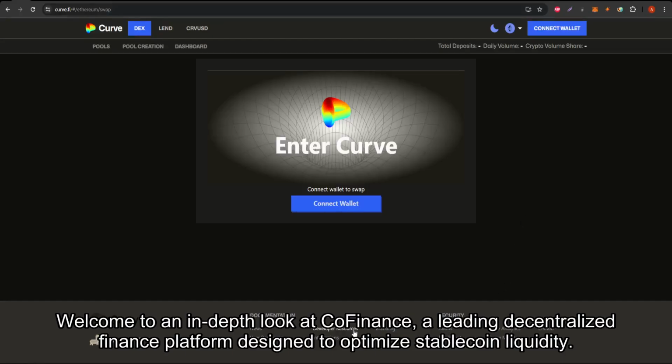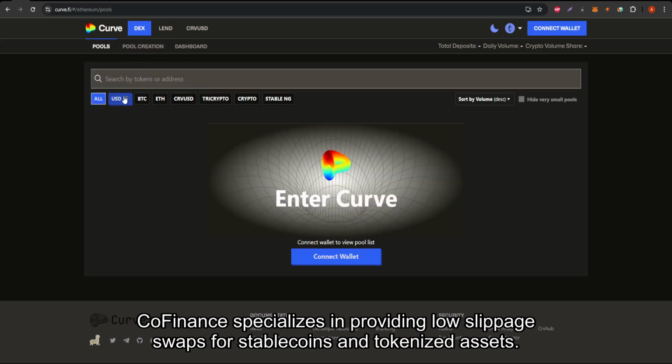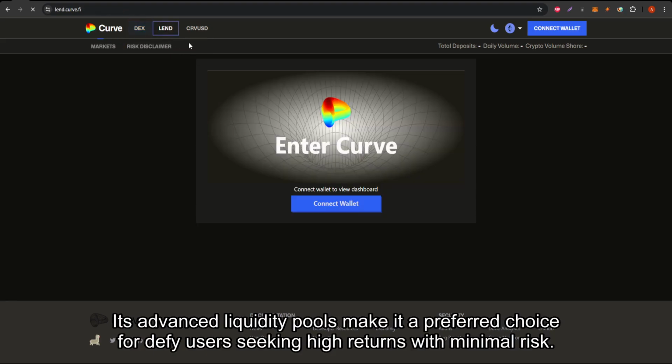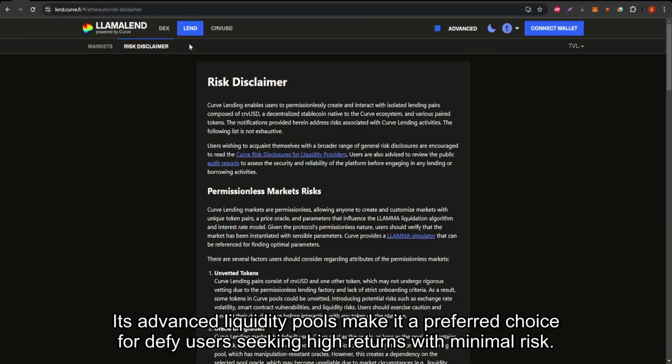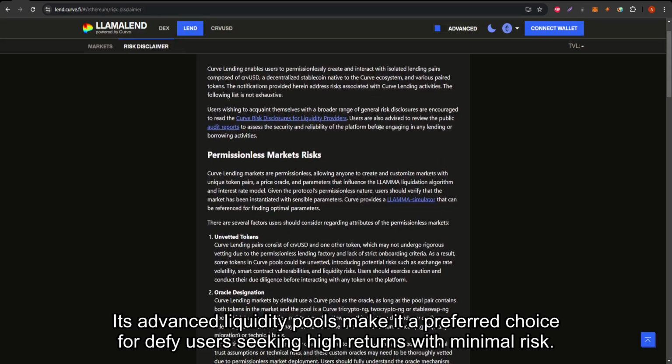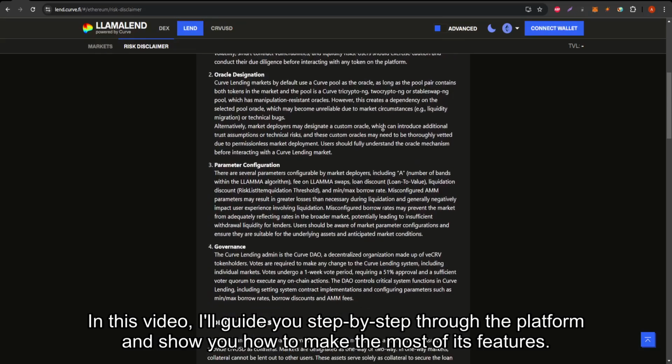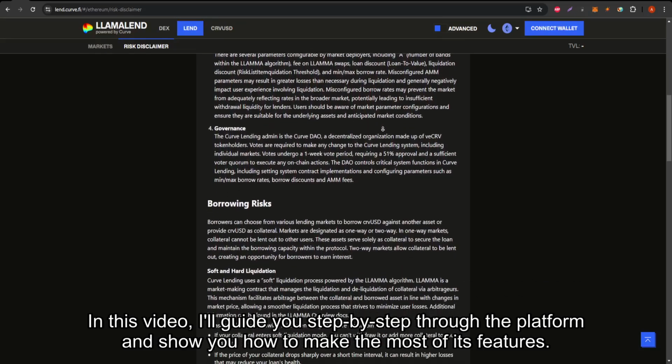Welcome to an in-depth look at Curve Finance, a leading decentralized finance platform designed to optimize stablecoin liquidity. Curve Finance specializes in providing low-slippage swaps for stablecoins and tokenized assets. Its advanced liquidity pools make it a preferred choice for DeFi users seeking high returns with minimal risk. In this video, I'll guide you step by step through the platform and show you how to make the most